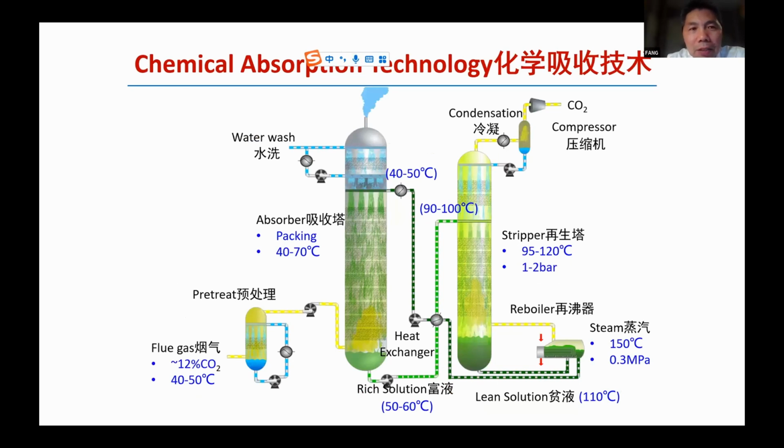And this is a typical chemical absorption process. So the flue gas from the boiler first goes to the pre-treatment part to cool down to about 40 degrees C, and then is sent to the absorber. In the absorber, the amine is injected to absorb the CO2 from the flue gas and become a rich solution, and then passes the heat exchanger for heating, and then is sent to the stripper. In the stripper, we use steam to heat to about 100 degrees C,